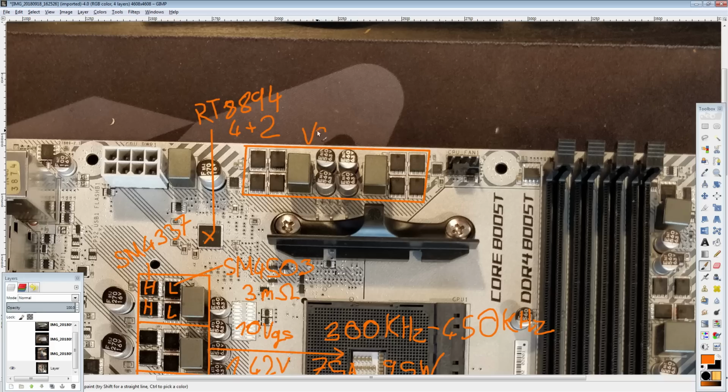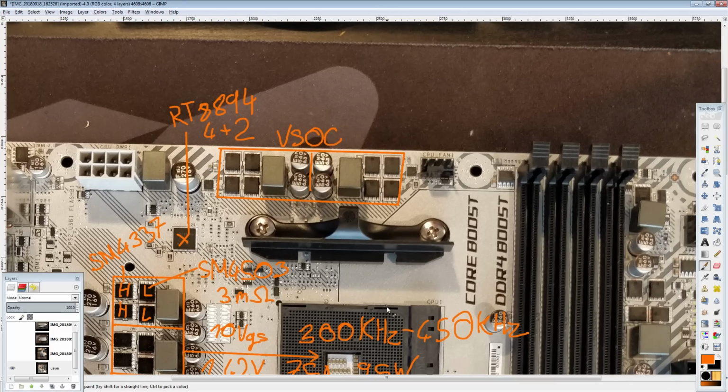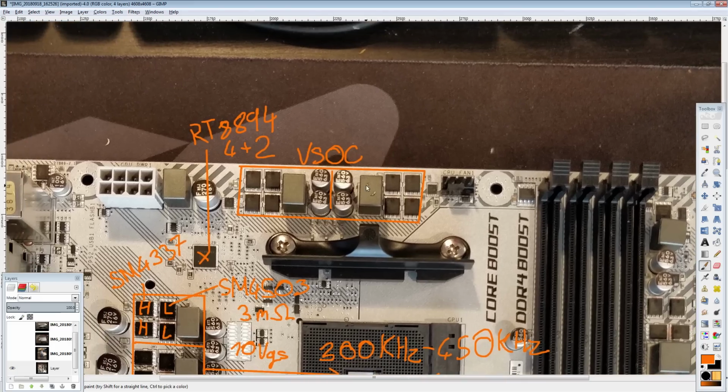That's the SoC VRM, and this has problems. The reason why it's laid out so weird, where you have one phase here and the other phase here, so it splits down the middle, so it's a 2-phase. That's where you get the +2. The reason why they're doing that is to maximize the surface area that the VRM has to dissipate heat, because